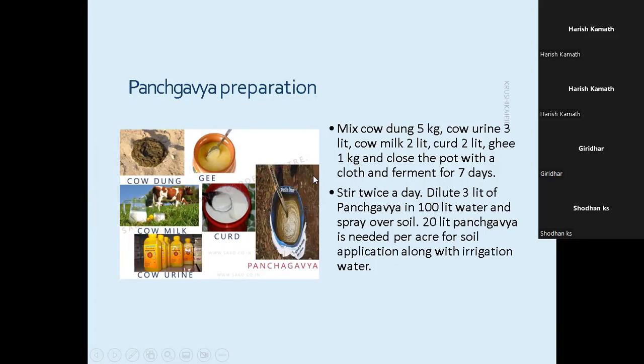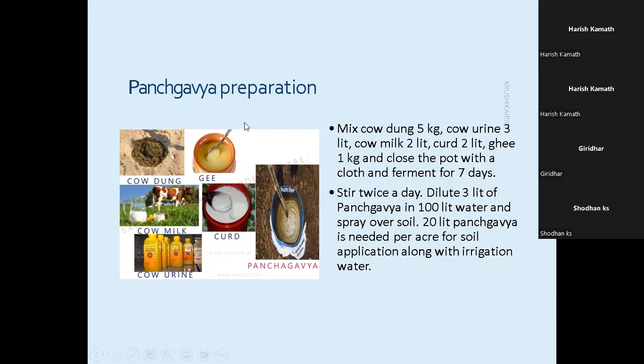You have to keep stirring twice a day, morning and evening. Once it is ferment for 7 days, it will be ready after 15 days. Once it is ready, you can dilute it, 3 liters of Panchagavya in 100 liters, a 3% solution, and spray over the soil. You can apply to the soil near the plant.